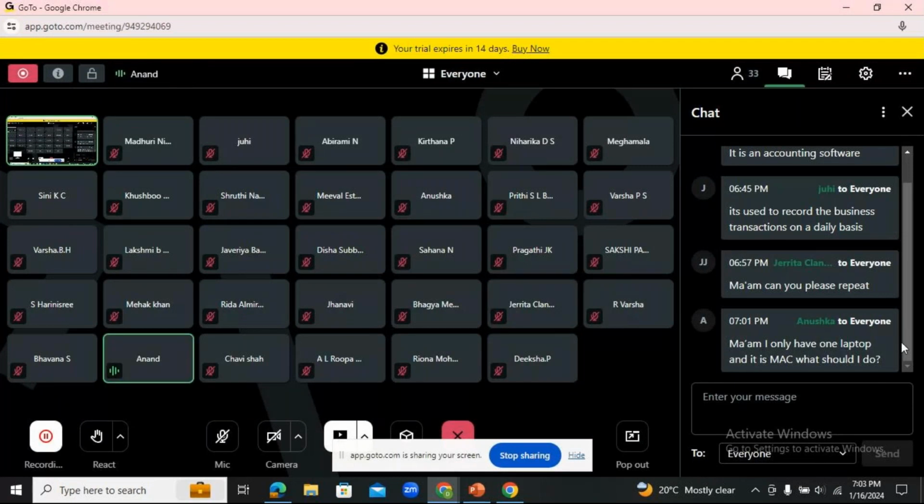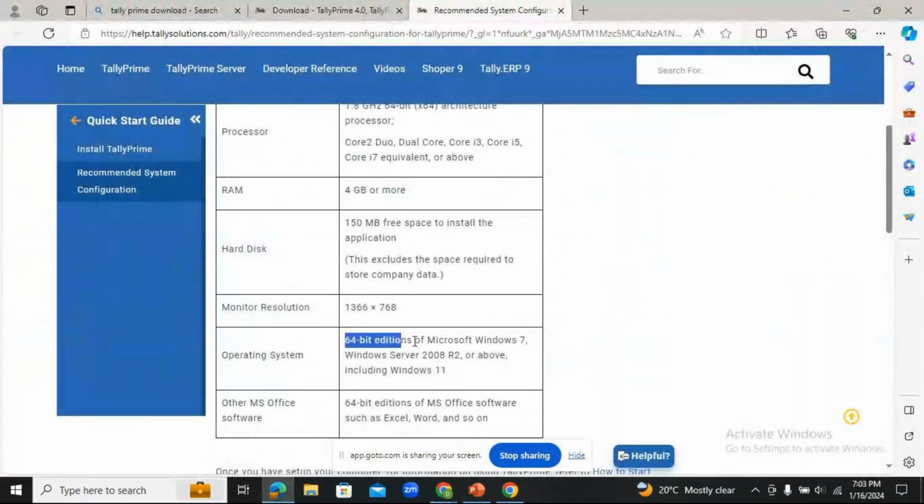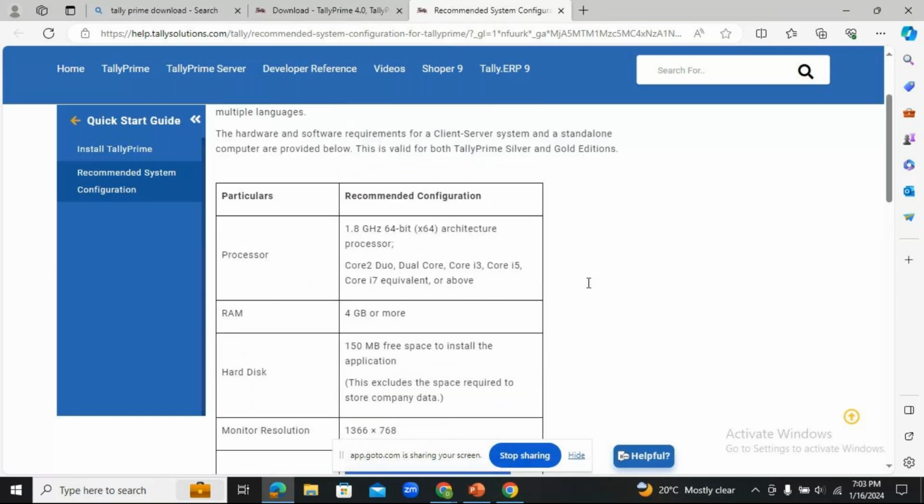I told you the only solution is that your Tally works in Windows, not in Mac. So I hope you will take the required steps, Anushka. That's why I've shown you the recommended system configuration, so that you do not have any issues if you have to work in the TallyPrime software. I'm very particular that it only works in Windows. If you have a Mac, then you have to take the required steps so that you have Windows as the OS. Hope I'm clear with the configuration. Can I move ahead? Yes, I hope it is clear for everybody here.